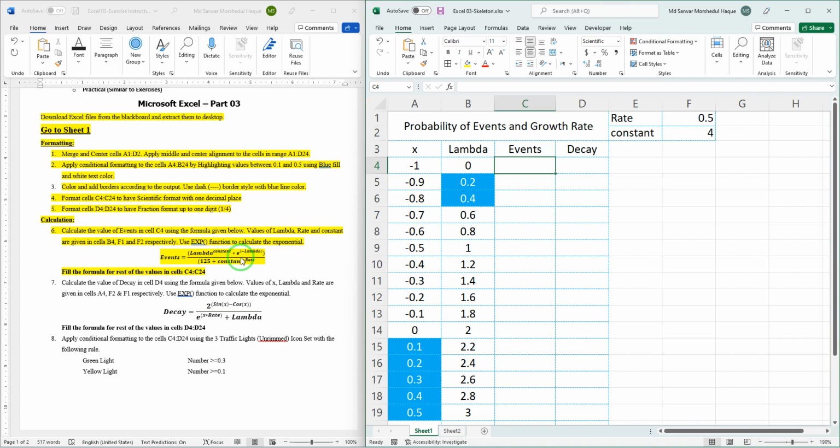So the lambda and constant and the value of these variables, it is said in the question value of lambda, rate and constant are given in B4. So this B4 is lambda, then F1 is the rate and constant is the F2. And also in the formula we can see e to the power, so we have to use the exp function to calculate the exponential. So let us start writing. So equal